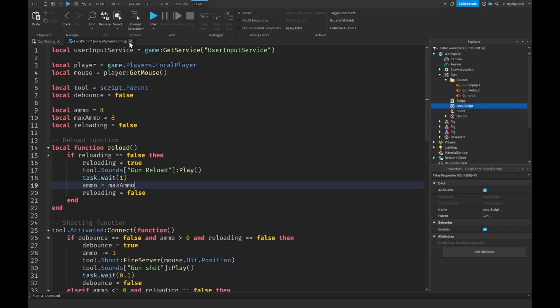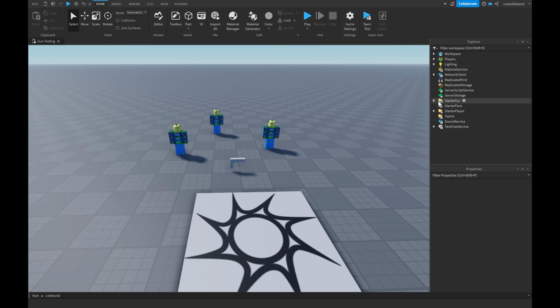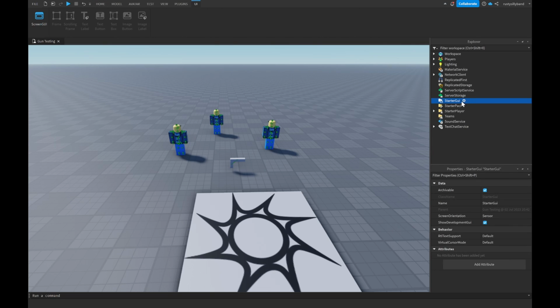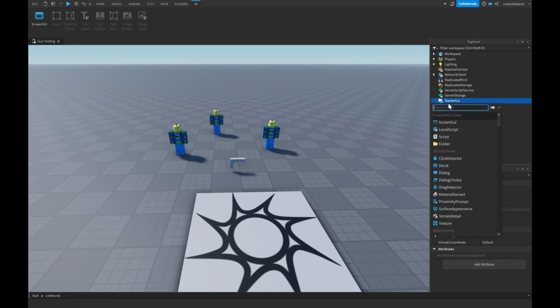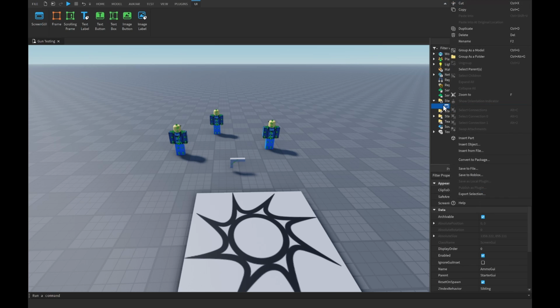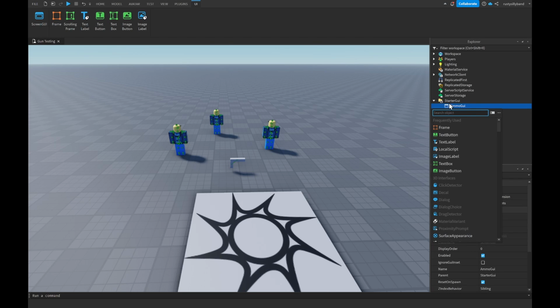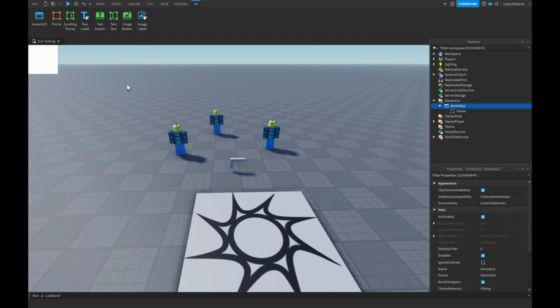So now let's go ahead and close off our script, just like that, and let's close off the workspace. Inside of Starter GUI here, we're going to want to click on the plus icon to the right of Starter GUI and insert a Screen GUI. Now inside of the Screen GUI, let's rename this one to Ammo GUI, and we're going to insert a frame. So click on the plus icon to the right of the Ammo GUI Screen GUI and search for a frame,